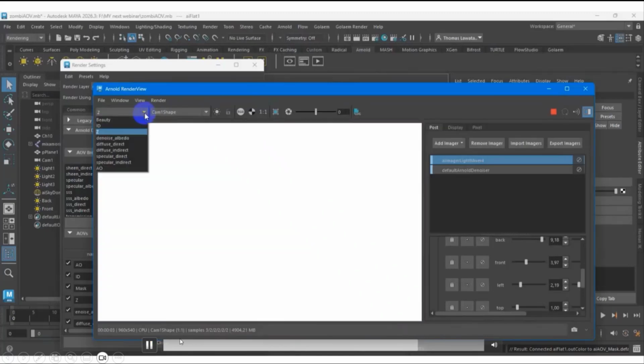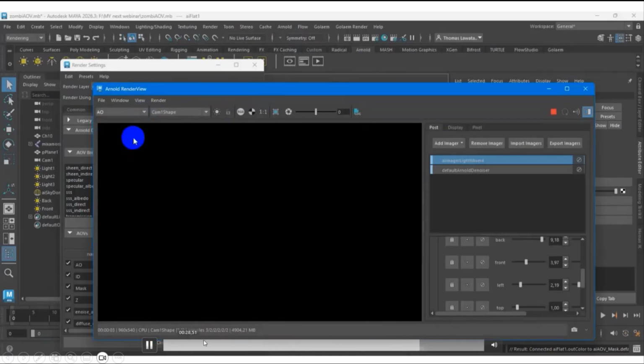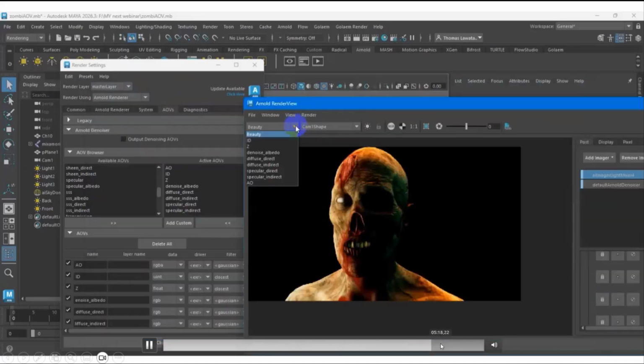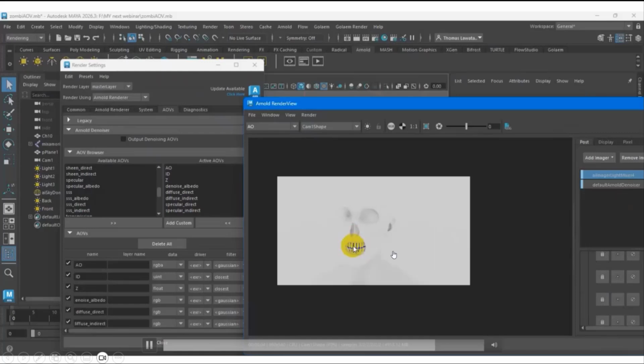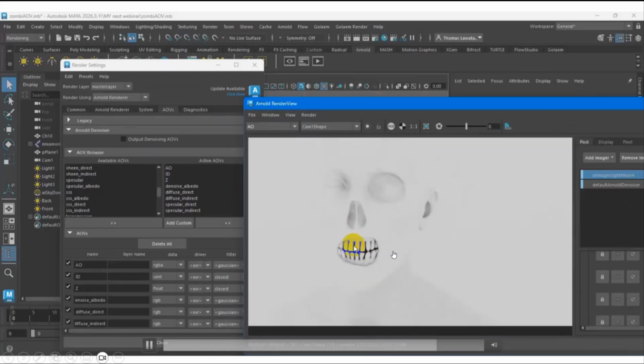Once you have it, you can render. This is AO, ambient occlusion.